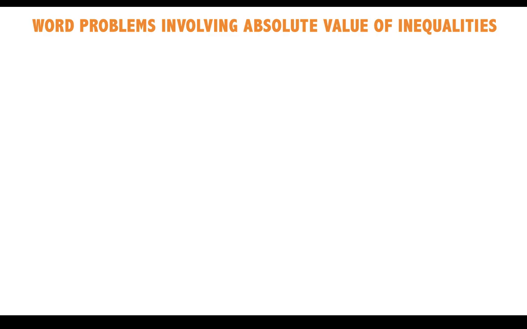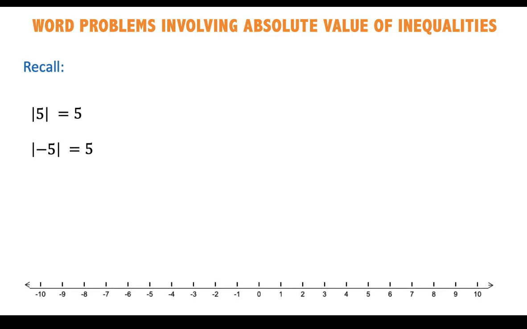Word problems involving absolute value of inequalities. Recall that in finding the absolute value of a number, let's say the absolute value of 5, that is positive 5. The absolute value of negative 5 is still positive 5. Why? In a number line,